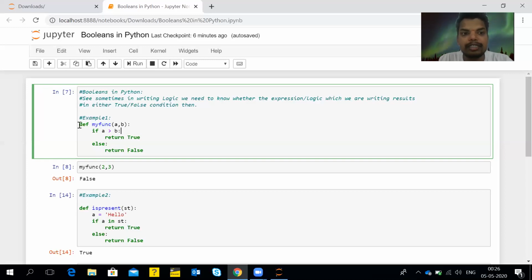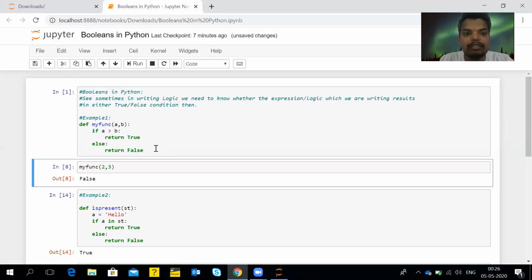Here you can see that after our def keyword and our function name, I have written a colon. After that, when we hit enter after the colon, it will give us a tab space, which means 4 spaces. After that, I have written an if clause. This is the condition to check that if our number A is greater than B, then the expression should return true for obvious reasons, and else it should return false. Okay, so now this is a program.